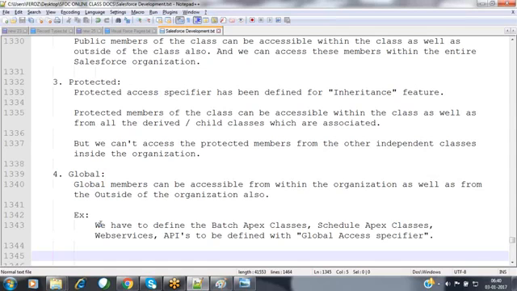At that time, these batch jobs are going to run outside the organization, not within that organization, by using the different resources of Salesforce. So these batch classes, schedule classes, web services, and APIs, everything we can expose to the outside world.